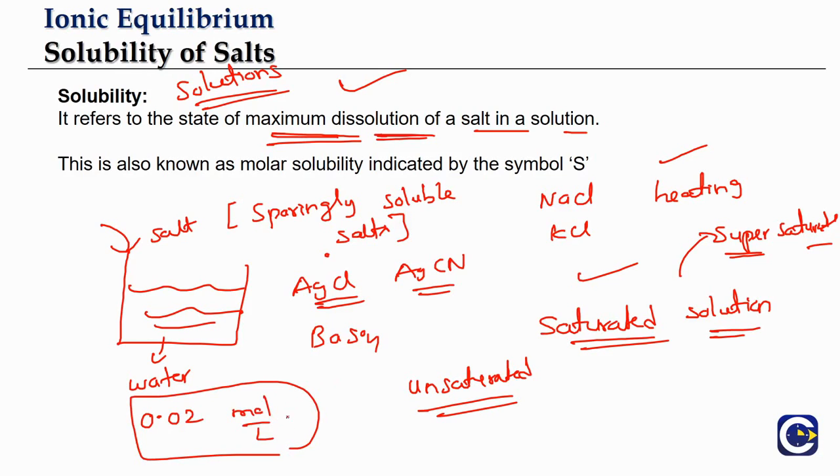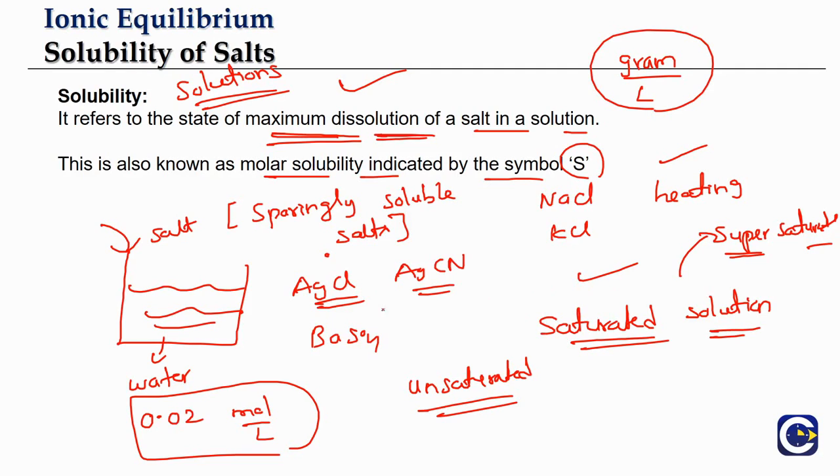This is basically what we'll be calling the molar solubility, or solubility, and we'll use the symbol S to indicate it. Now sometimes we can also measure the solubility in terms of gram solubility. So we can say it as the number of grams of the salt that is dissolved per liter. But the more popular one is molar solubility, because obviously we know the mass based analysis will always have limitations. So the molar solubility is what we'll be focusing on.